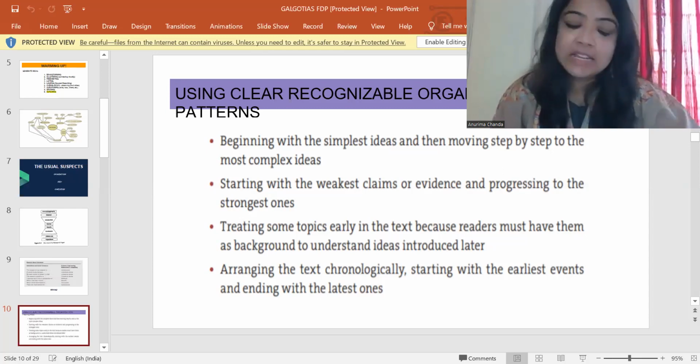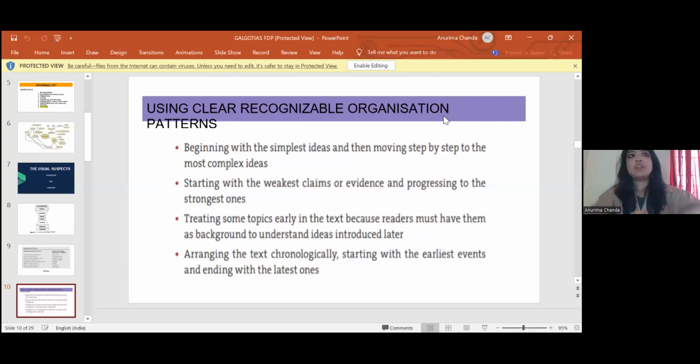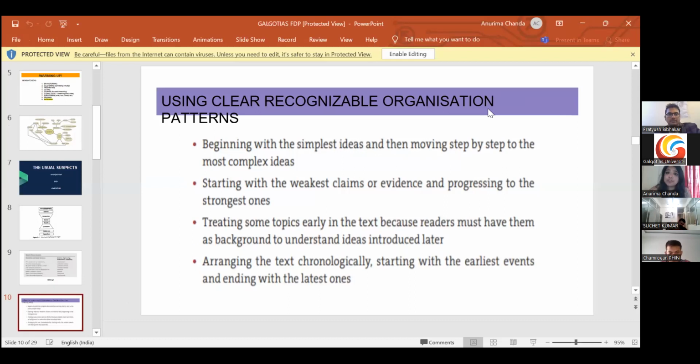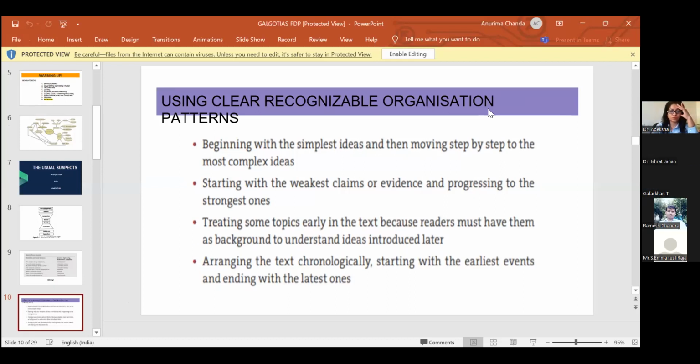Umberto Eco, when he talks about these techniques, says that for historical research, we often end up outlining in a very chronological fashion. When it is a very experimental sort of research, we end up using a very inductive sort of reasoning, where we give the evidence first, and then we go on to propose a theory. We also use deductive planning, where you give your theory first and then you give its application.